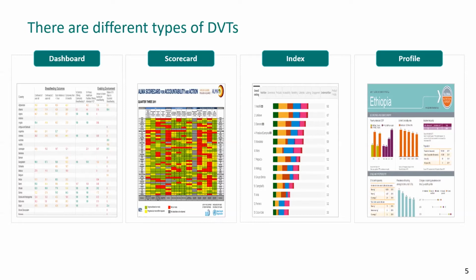And we know that different people want to know different things and have different information needs. So what we see in actual real life is that tools tend to mix different goals and audiences. So you could have a DVT that's aiming to hold stakeholders accountable while also still informing a broader audience. But what is important is to be clear about the goals and the audience when deciding to develop a tool.